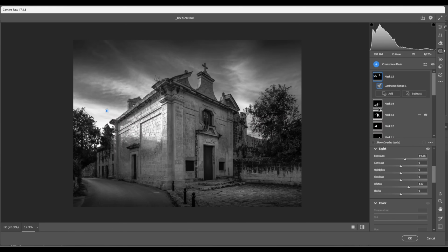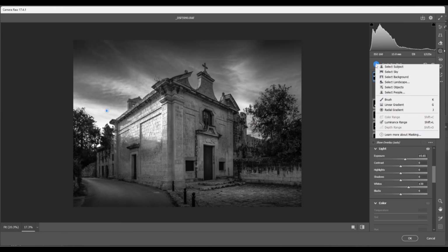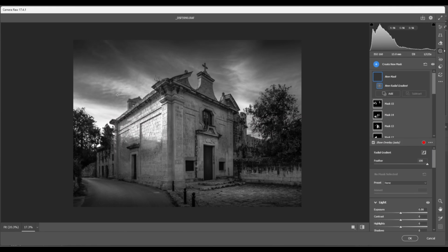So the next thing I'm going to do, everyone, I'm going to use a radial mask, and I'm going to place it approximately where the sun was, and it was around here. And I'm going to tilt it. I'm going to increase it. I'm going to open it up, and here